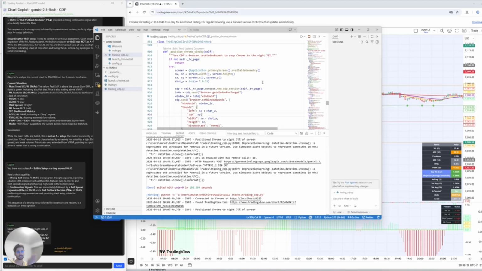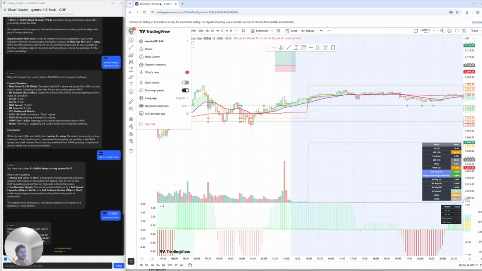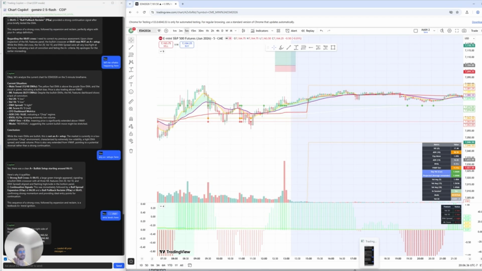So I created this and integrated the AI. Right now, we can see my charts and everything, and it's my personal account. Here you can see it's my personal account, which means these are all my custom settings, not just the general Chromium browser.